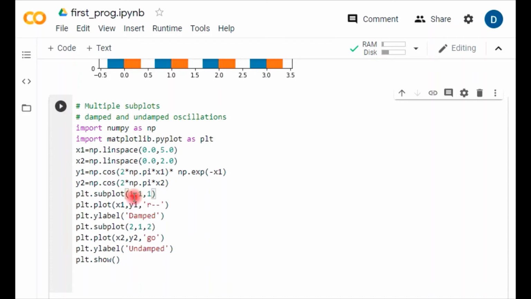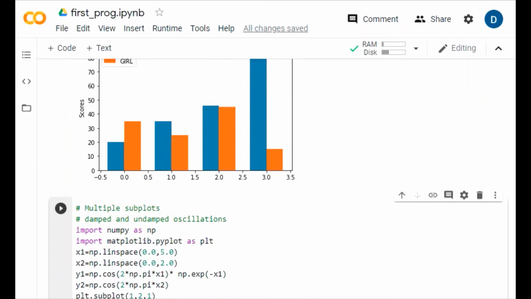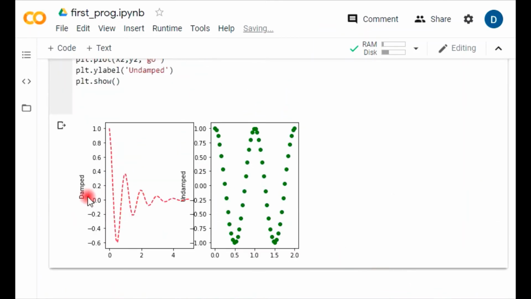The row remains 1, and the column becomes, in this section we are working for the column. So now we are creating two columns. So the row is 1, but the column is 2. Two columns we have, and the indexing is 1 and 2. Let's check it out. See, the same figure is here, but in columns 1 and 2.